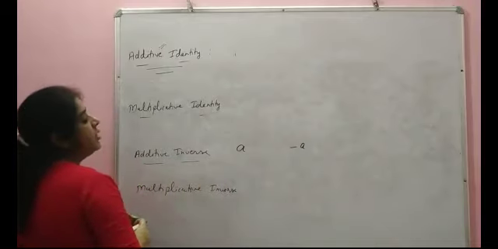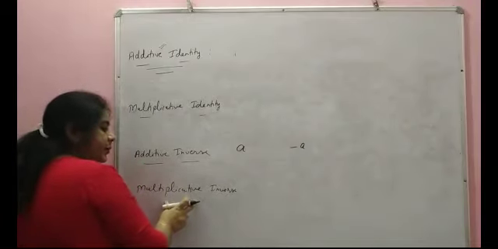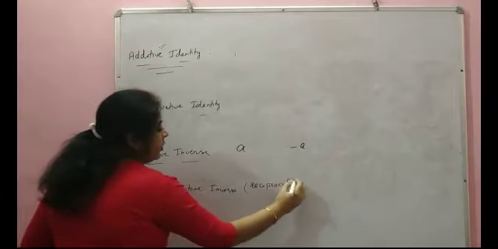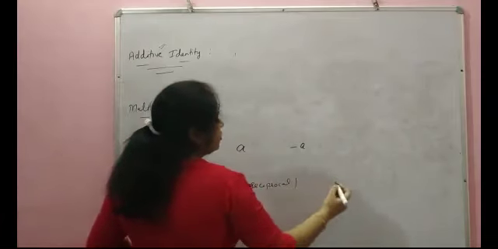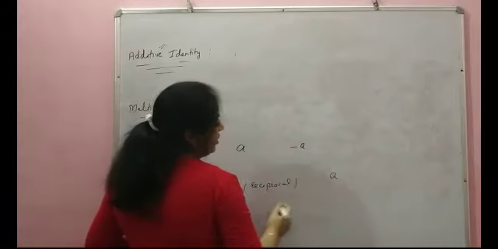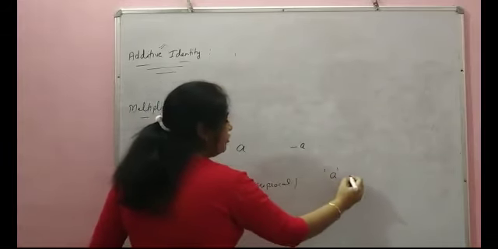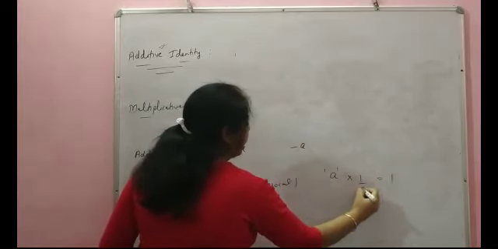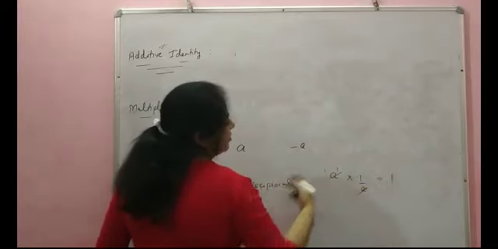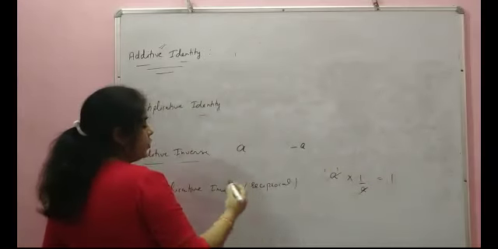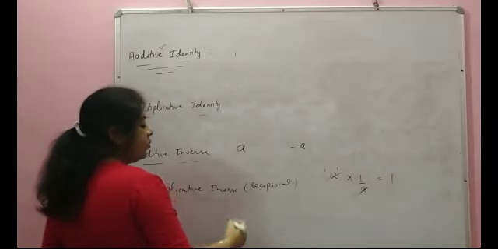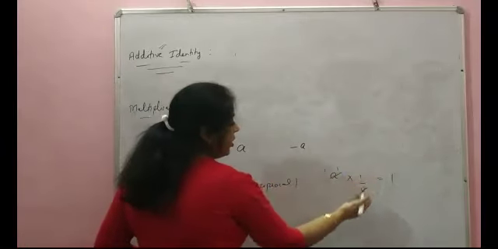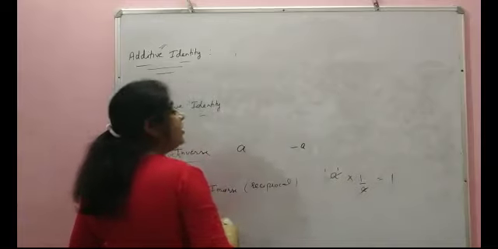Now see the multiplicative inverse, or the reciprocal. Just suppose we have a rational number A. What should be multiplied to it to get 1? That 1 by A will cancel it, so the answer would be 1. So what is the multiplicative inverse? If two numbers give a product equal to 1, then both are said to be reciprocals of each other.